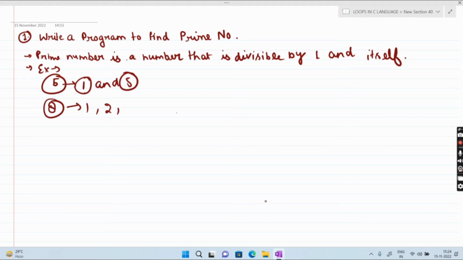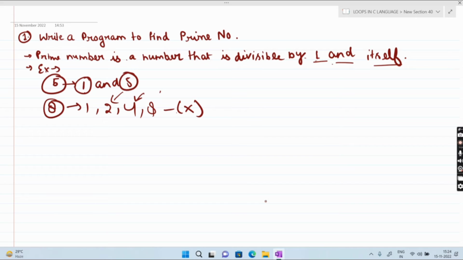The condition is that it should be divisible only by 1 and itself, but here two more numbers, 4 and 2, also divide it, so it is not a prime number.